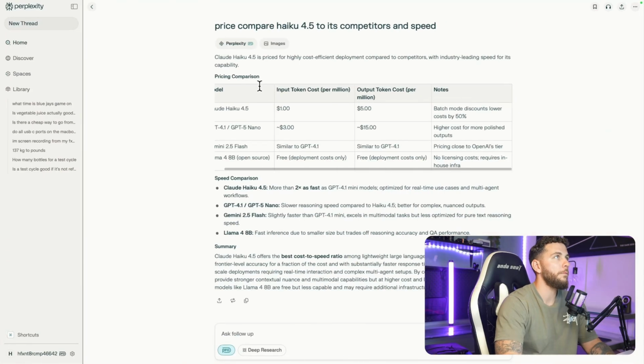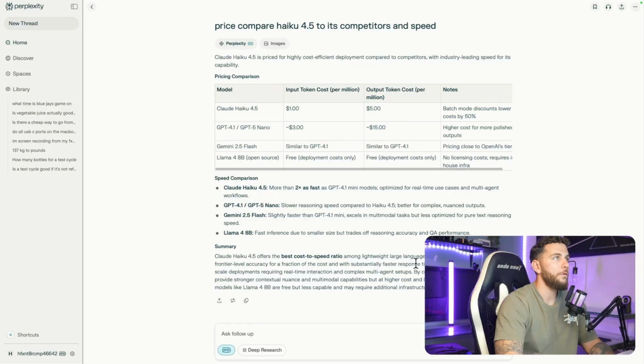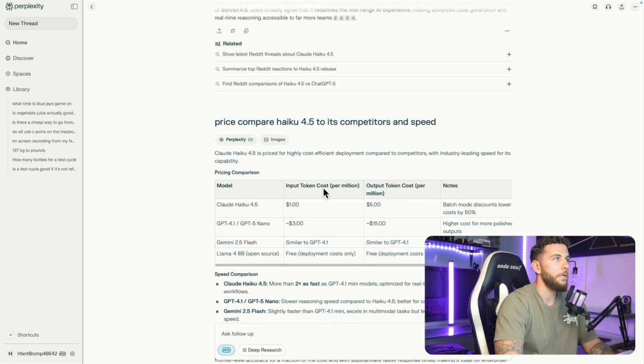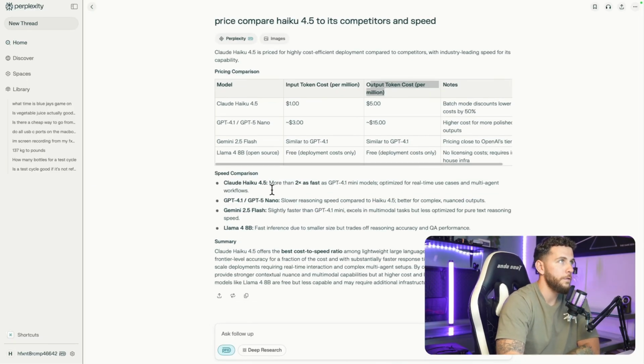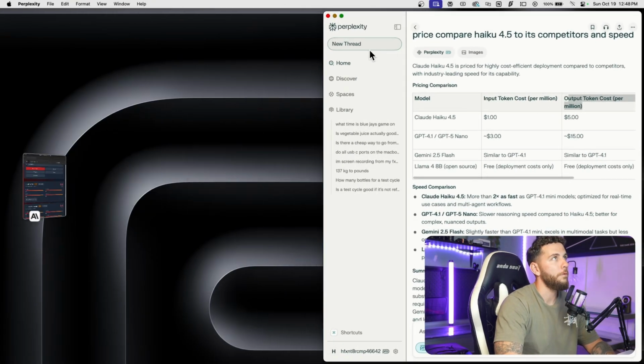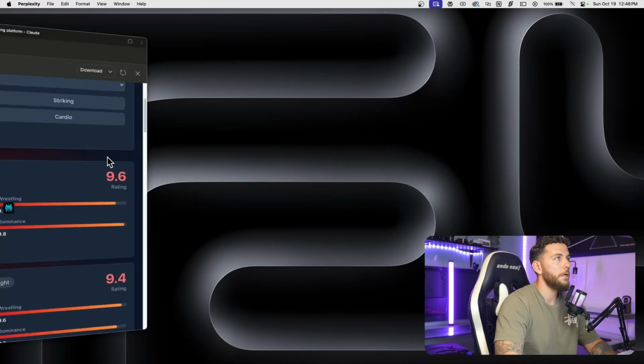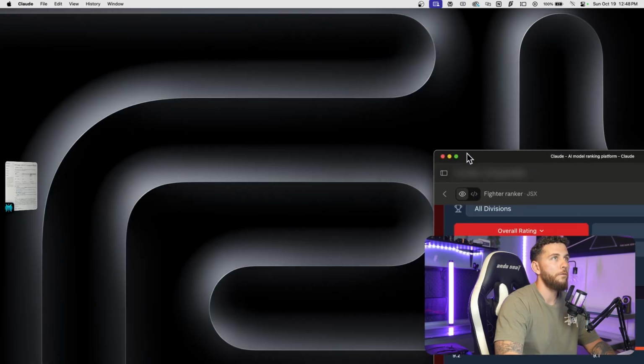But if we take a look at Perplexity here, we've got some information just based on the input token cost and output token cost. And so you can just compare it with price versus speed. So Haiku 4.5, more than 2 times as fast as GPT 4.1 Mini models, optimized for real-time use cases and multi-agent workflows. And so let's just go into a quick little example of how to use this Haiku 4.5 model within